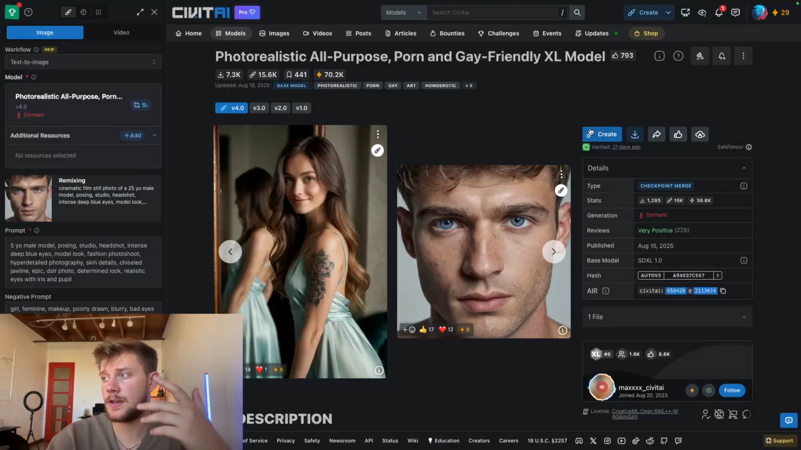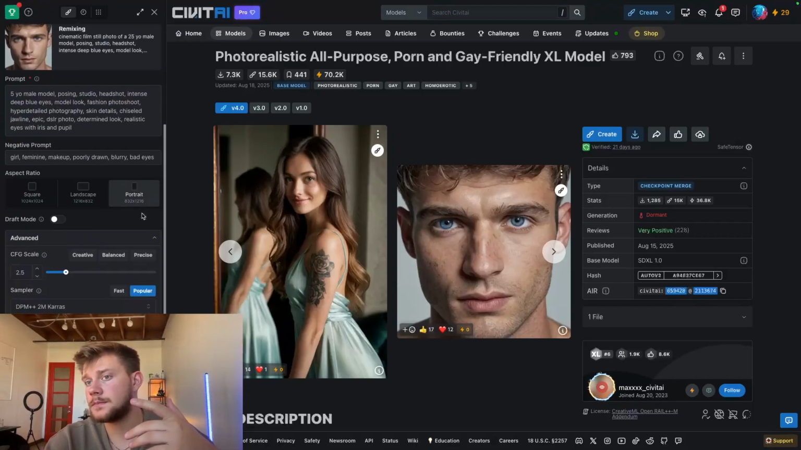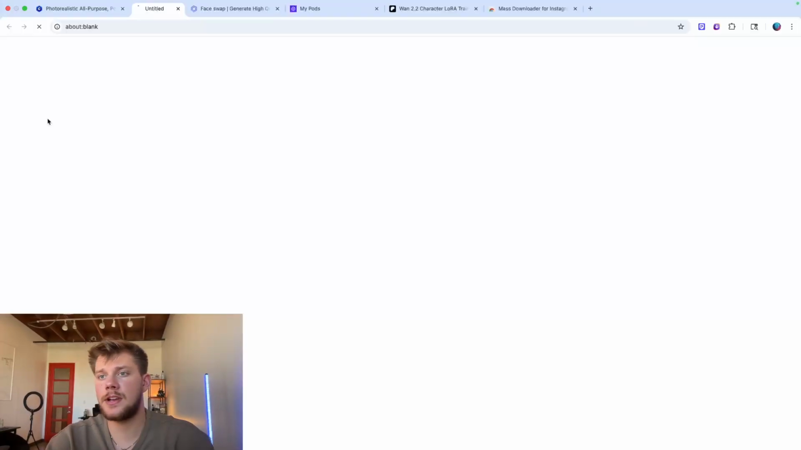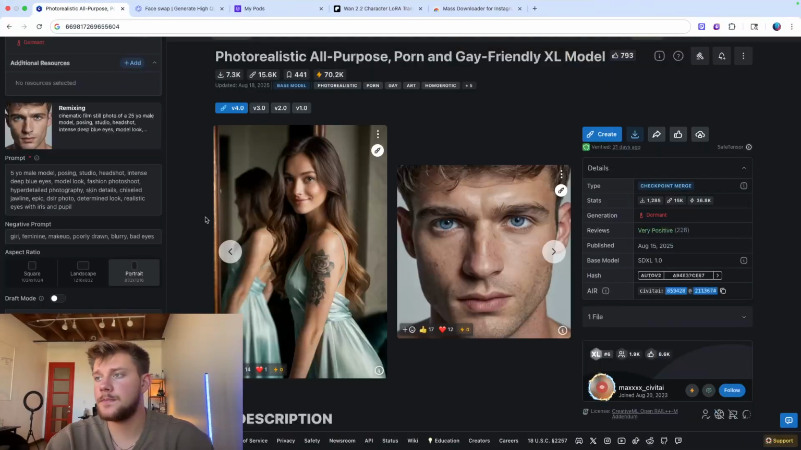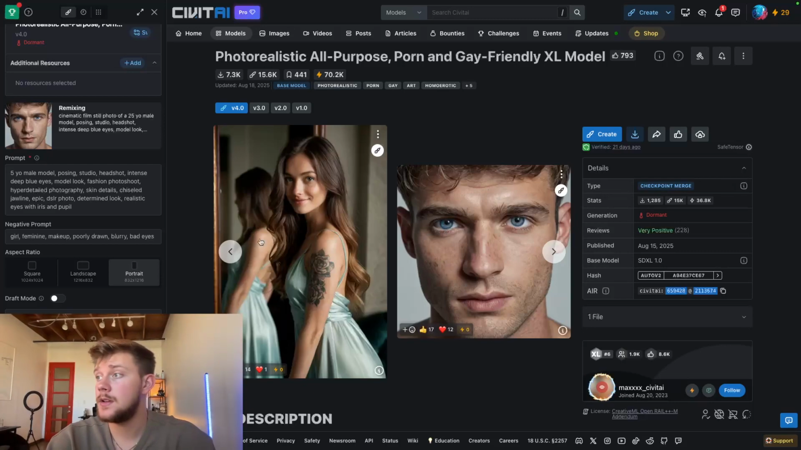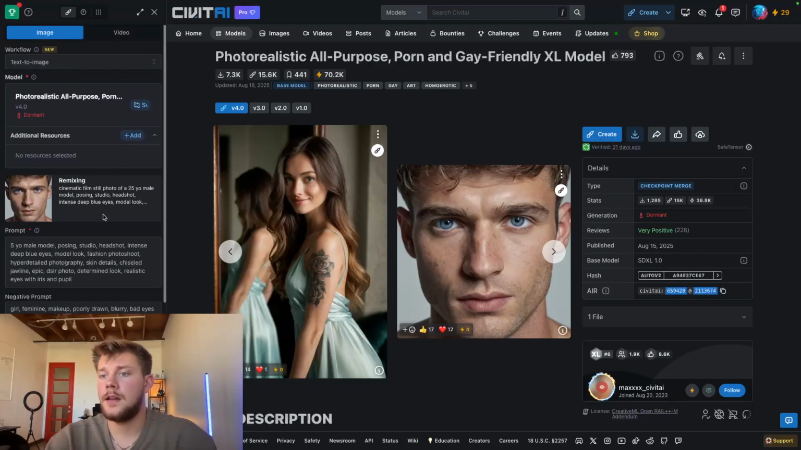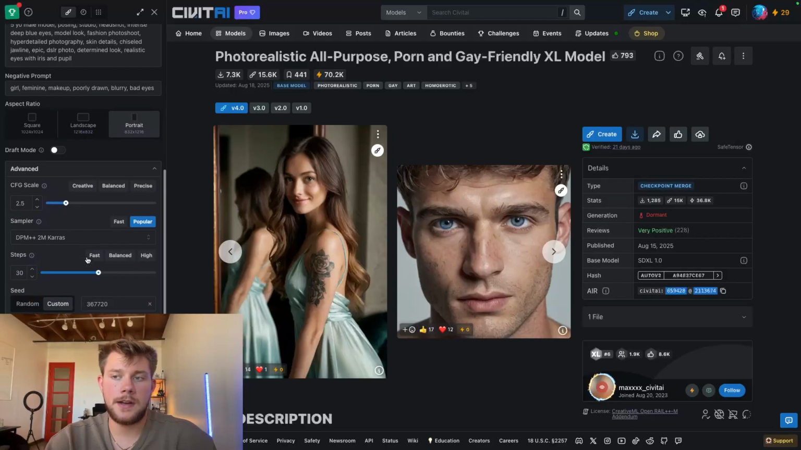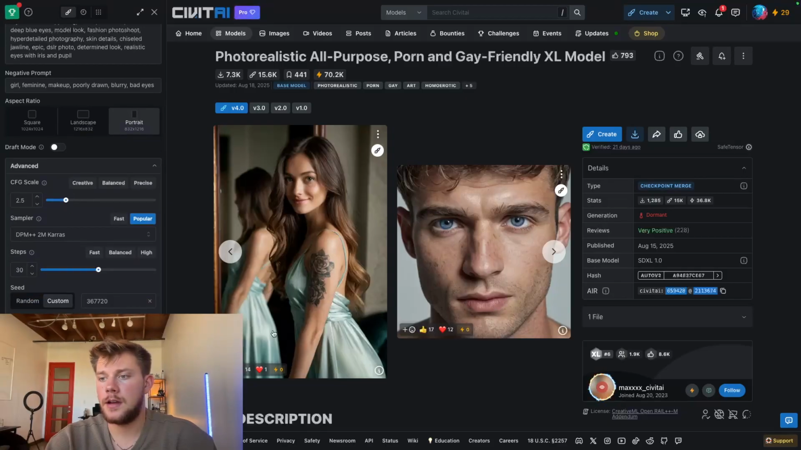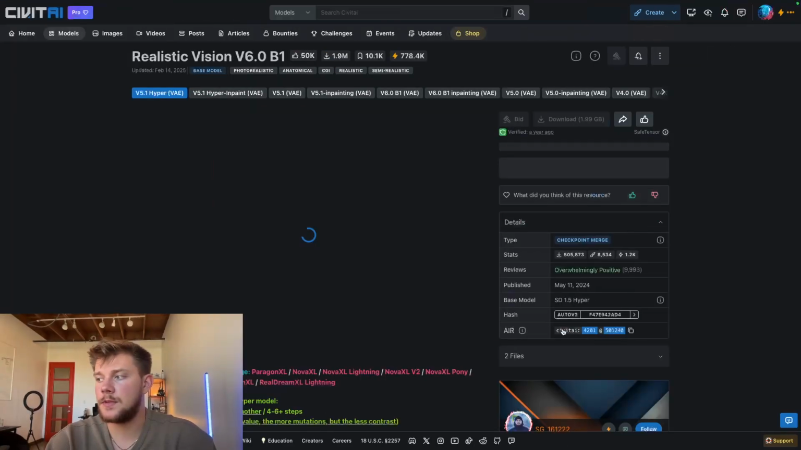Once you find a model, click create. Remixing won't be on here. Whatever you do, don't click remix, because you're just going to remix that image. Just click create. You put that prompt in there, you put the negative prompt in here, and make sure it's portrait mode. And then on the advanced side, just copy over whatever those settings were for